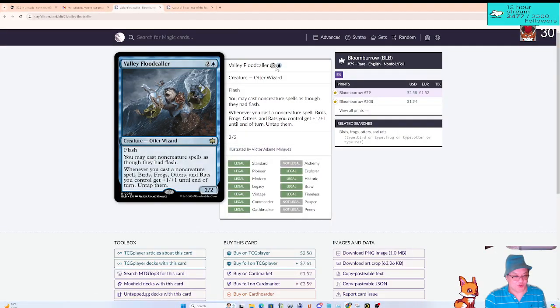Valley Flood Caller: 2 generic and a blue, creature, Otter Wizard, flash. You may cast non-creature spells as though they had flash. Whenever you cast a non-creature spell, Birds, Frogs, Otters, and Rats you control get +1/+1 and untap. It's a 2/2 with flash, and it also lets you cast